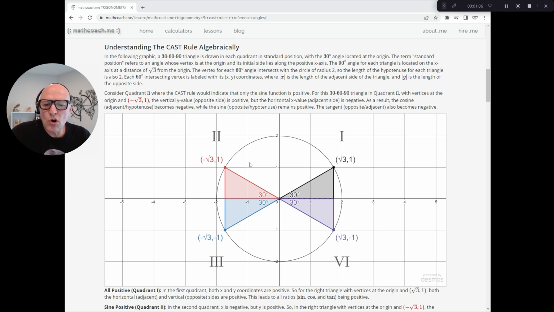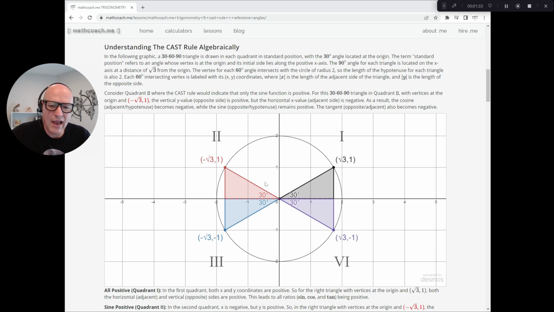Now, let's explore quadrant 2. In quadrant 2, that's a negative root 3 on the x-axis, and I should say that the hypotenuse for all of these is just considered positive. It's just an absolute length value of 2. So when I apply the sine of 30 degrees, it is the opposite, positive 1, over the hypotenuse, positive 2,